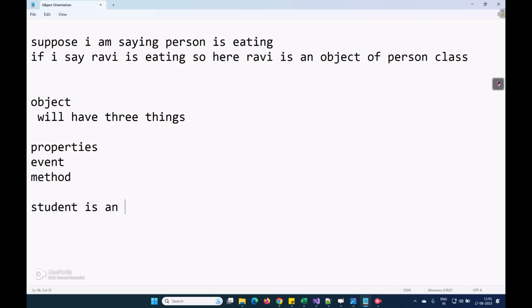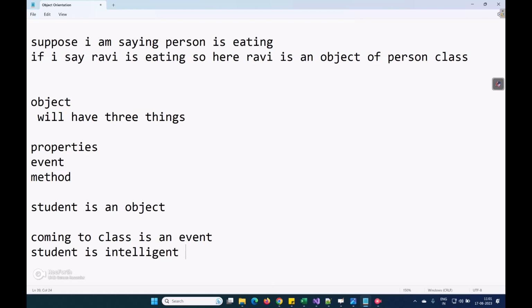So student is an object. Coming to the class is an event. Student is intelligent, and some more are his properties.